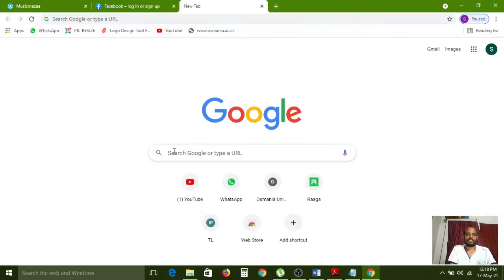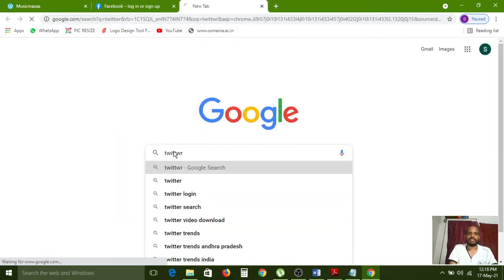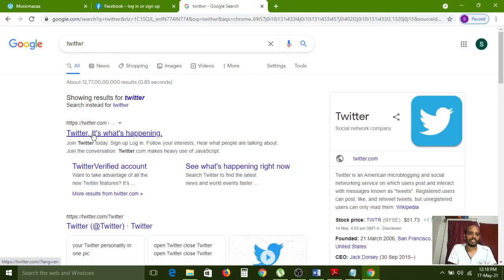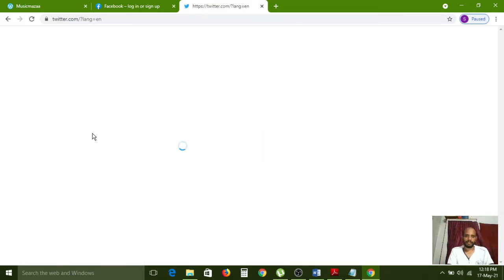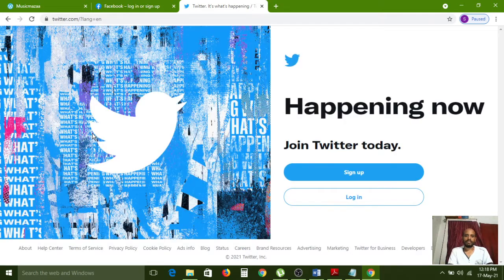And Twitter you have to see also. Twitter. Yeah, the background color behind the Twitter logo is complete blue color. Some text has also been applied, and some is white color.